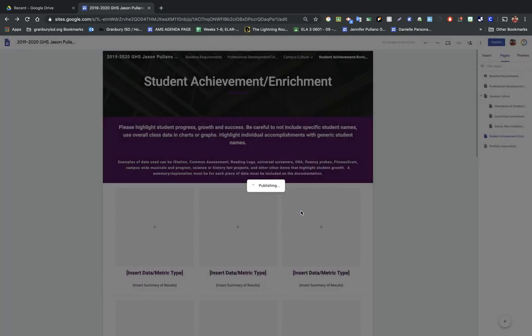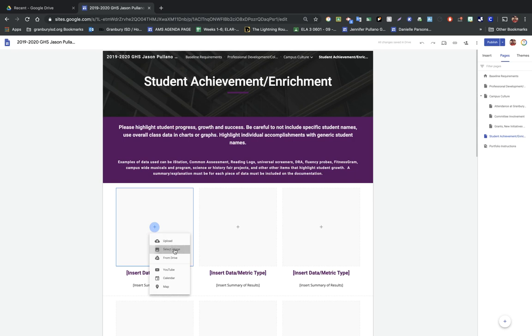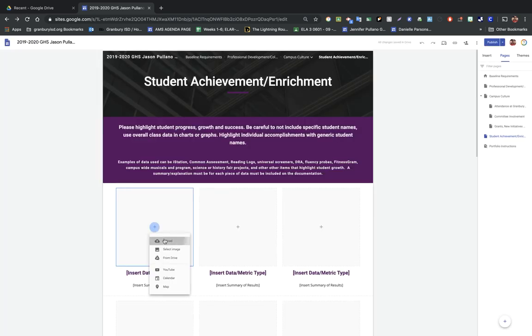And the way that Google Sites works is that it is auto saving, but it is not auto publishing. If I were to make any changes to my GTEI site and then send that to my appraiser or to my principal, they would not see any of those changes unless I come back up and I click on the publish button. So if I were to select an image from my computer as a metric showing growth,